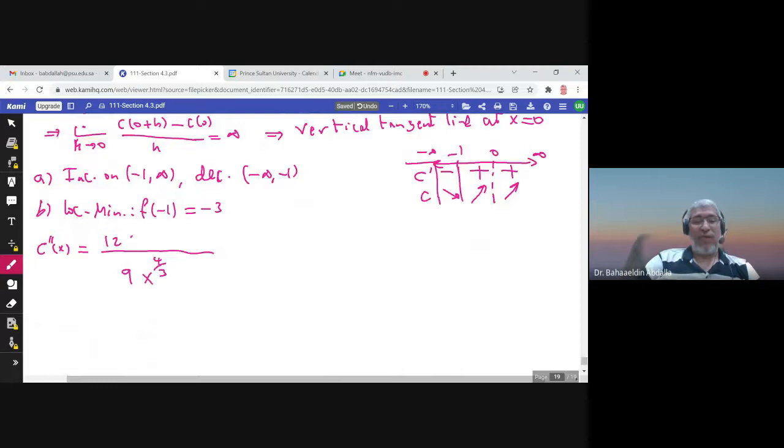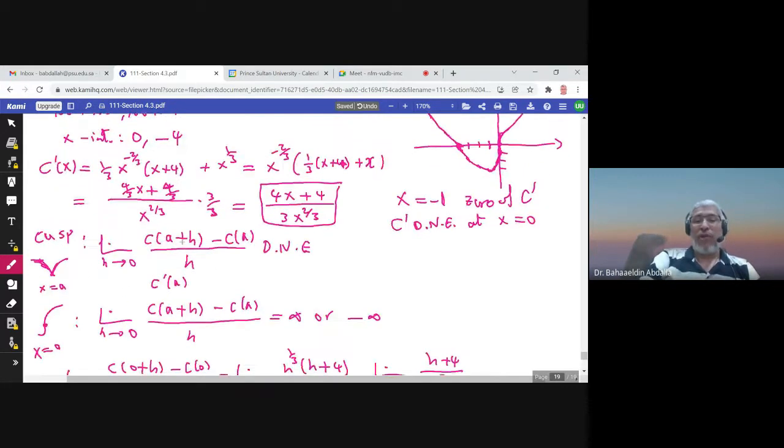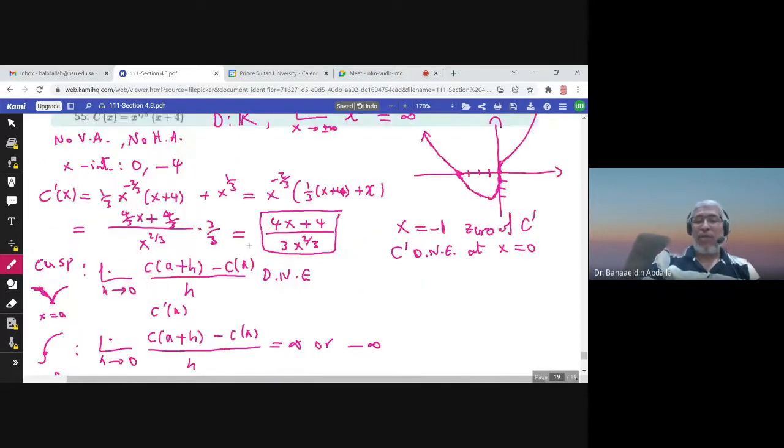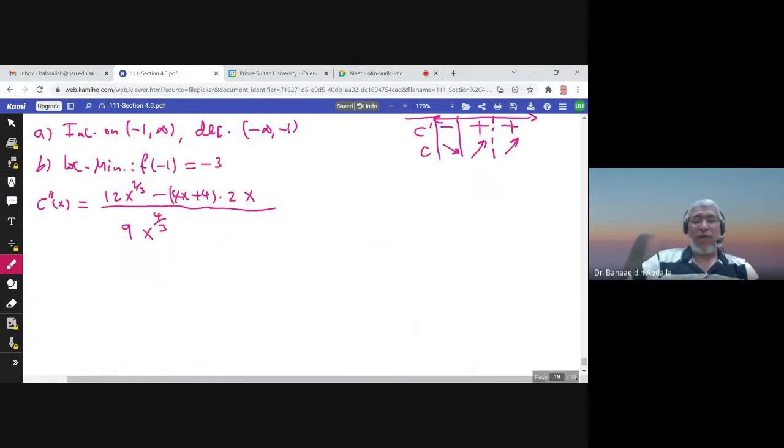So it's 12 times x to the power 2 over 3 minus the numerator, which is 4x plus 4 times the derivative of the denominator, which is 3 times 2 over 3, and that's 2, x to the power 2 over 3 minus 1, and that's negative 1 over 3. Let me take a common factor. I have 2x to the power negative 1 over 3 as a common factor. So I have 6x to the power 2 over 3 divided by x to the power negative 1 over 3, subtract the powers, you get x